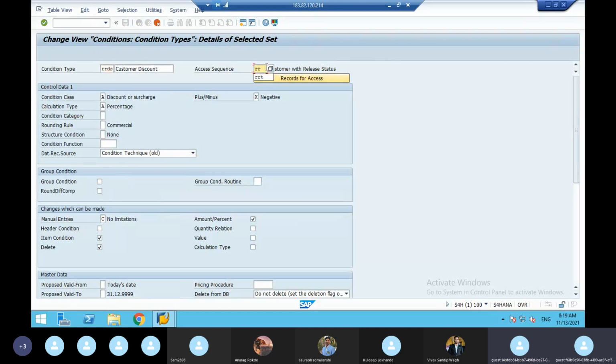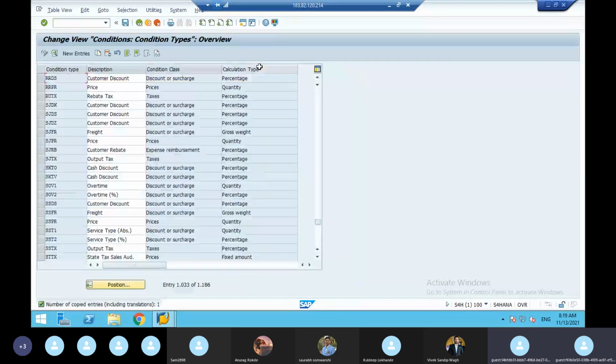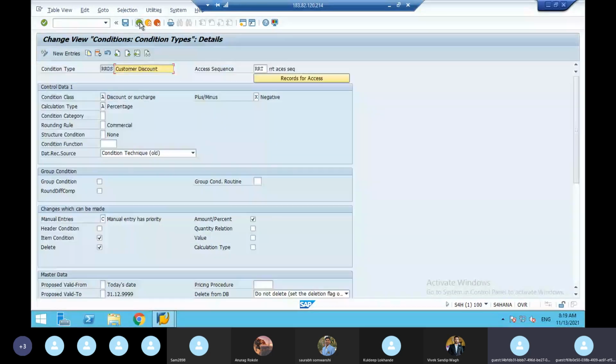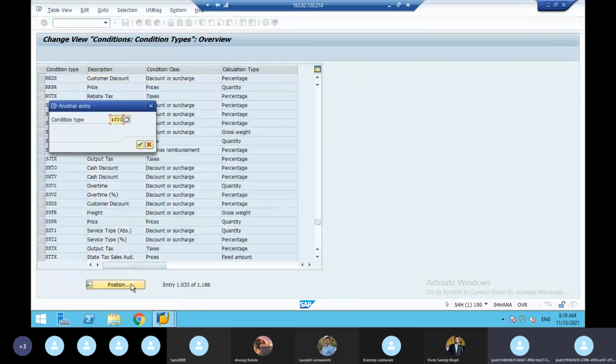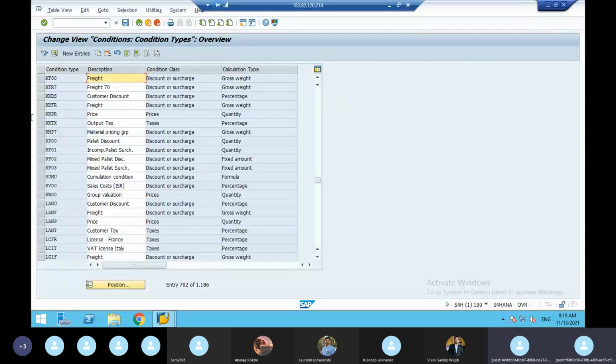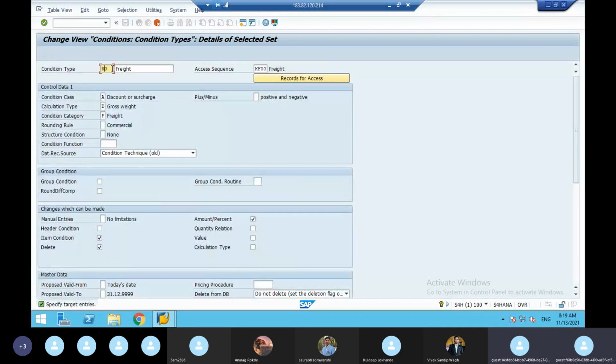I'll tell you. RRT. Okay. Now enter and save. So now the discount condition type I copied. Next, the last but one, KF00. That is transportation charges or freight charges or delivery charges. This also is SAP standard. Select, do copy as. Here you make it as RRFR.